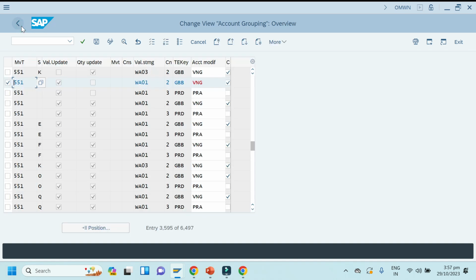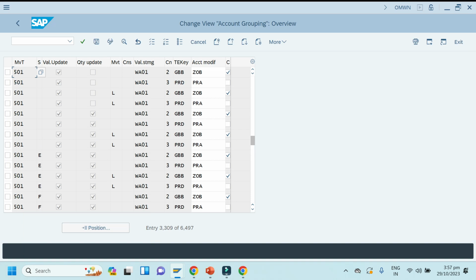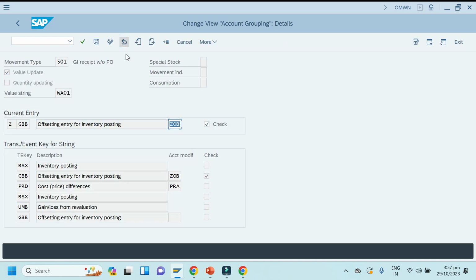Okay, next, GOB, this one. GOB 501, that is goods receipt without PO.